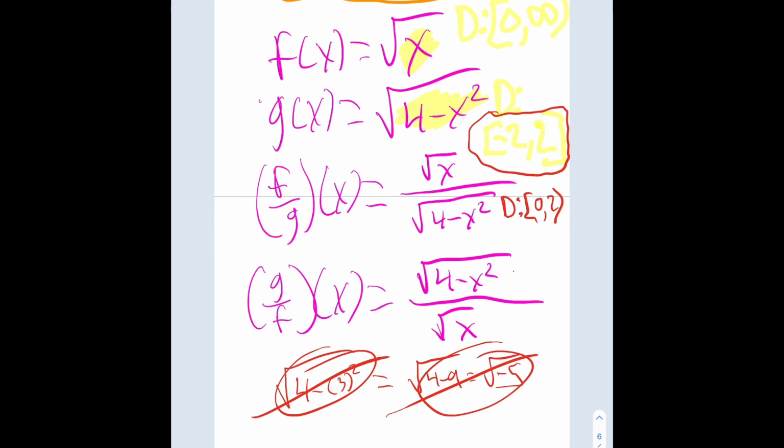And then for g divided by f of x, I could say, all right, my domain, again, using these domains that I kind of calculated, my answer cannot be 0 in the denominator. So it could be 0, but because of this one right here, I can only go high enough for 2. So my domain for these functions is only